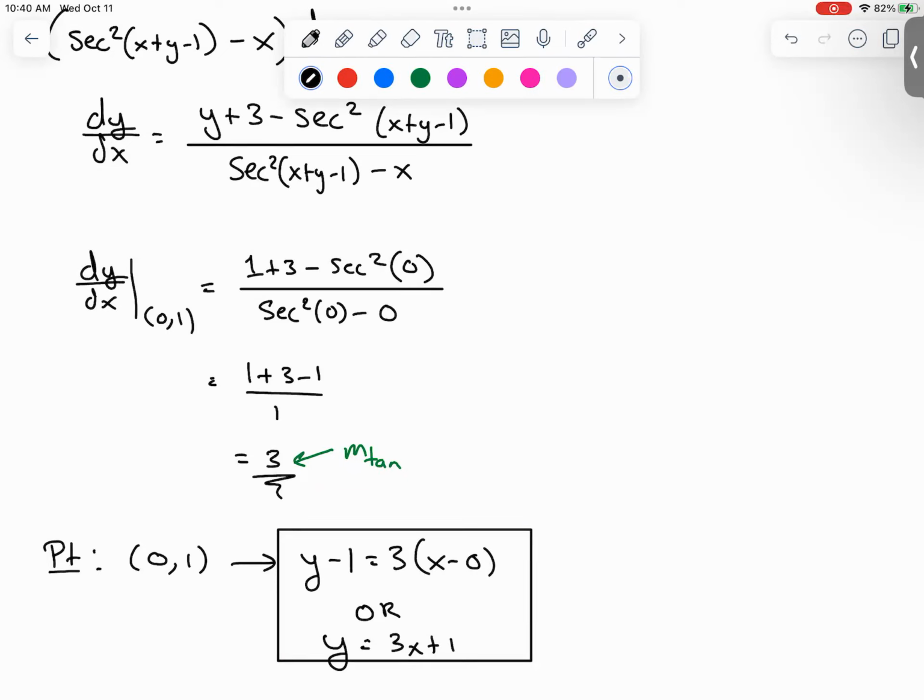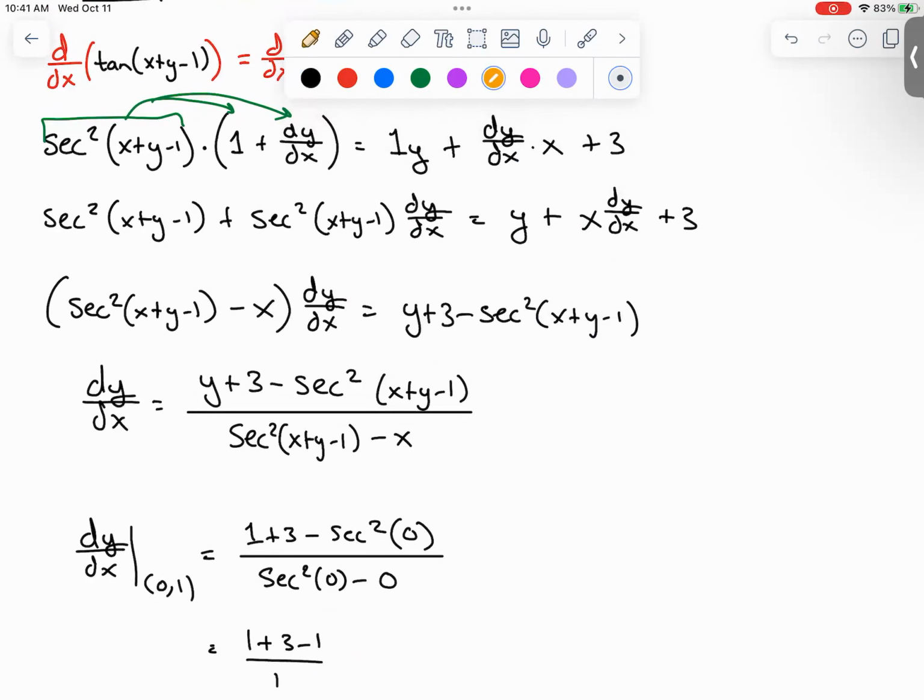That is our answer. Now I want to show you the faster way that is only niche to this situation, what I was talking about earlier. You don't have to solve for dy dx because we're not being asked to find dy dx. So an alternative,